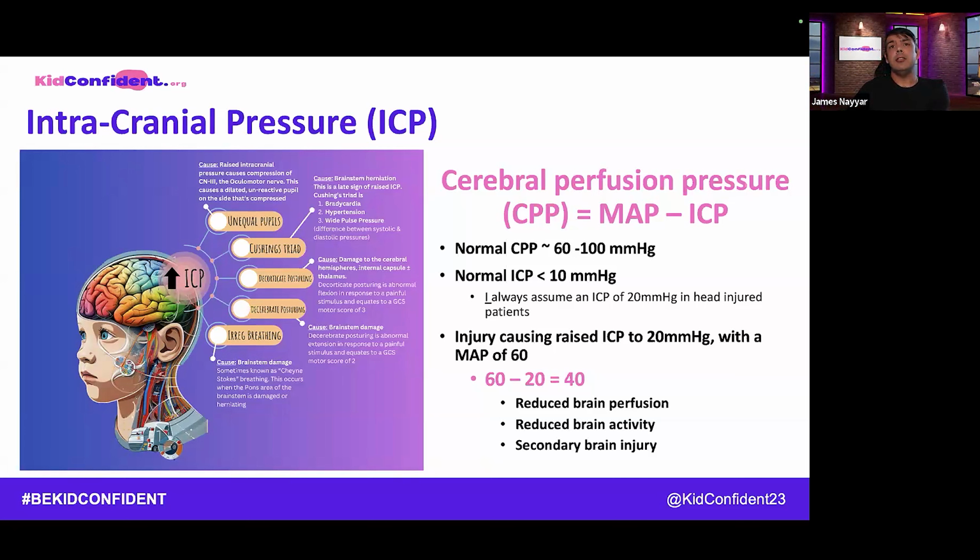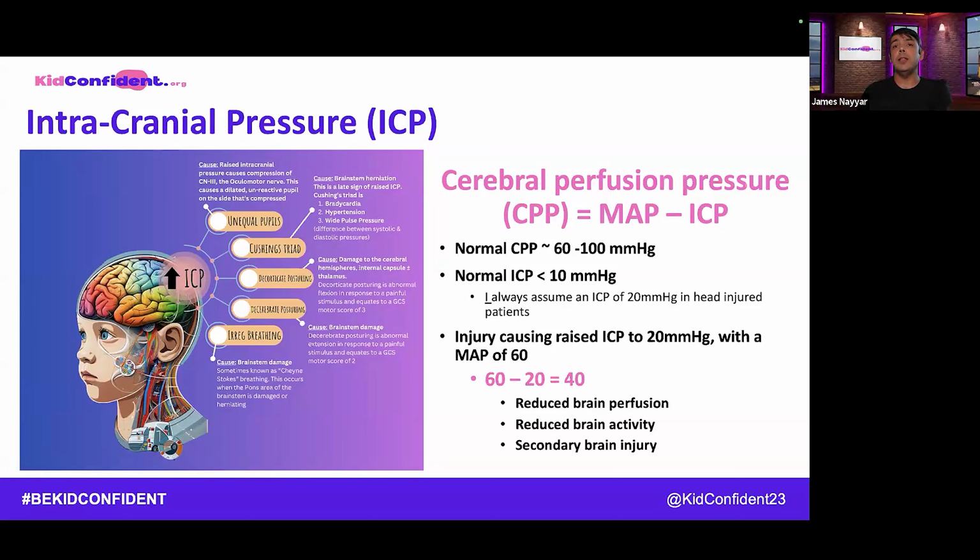So in head injuries, because I can't measure what somebody's ICP is outside of a neuro-intensive care, I always assume that it's 20 in head injured patients, and the normal value would be less than 10. There are ways to estimate it with advanced ultrasound, but it's a complete faff, a waste of time, and doesn't give you an absolute value. There's too much operator variability. So it doesn't really tell us anything that we don't already know. If they've bashed their head and they're a bit drowsy and not quite right, their GCS is low, they've probably got raised ICP, and sticking an ultrasound on their eye to measure their optic disc isn't really going to tell you any more than that.